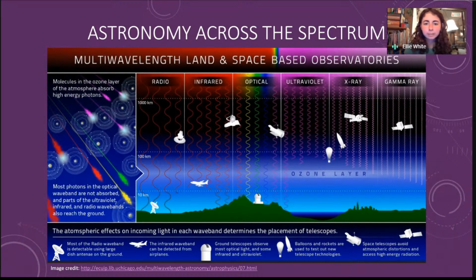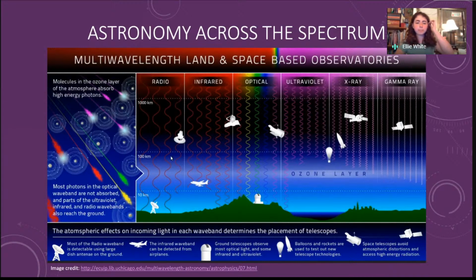It shows the electromagnetic spectrum, ranging on the long wavelength end from radio all the way to the really short wavelength, high frequency end of gamma rays. These waves show how far into the atmosphere you have to go to be able to see in these wavelength ranges.